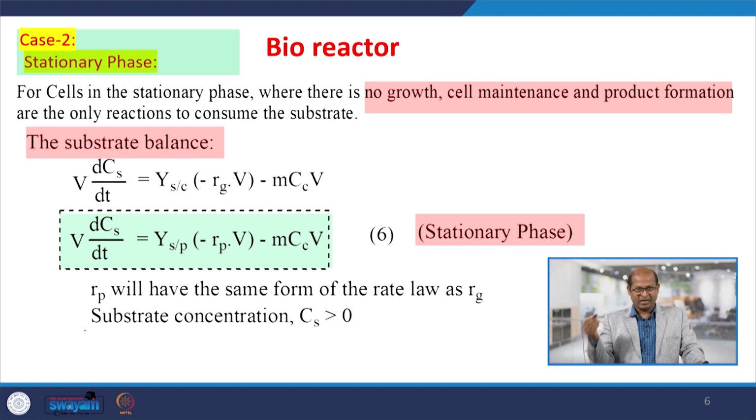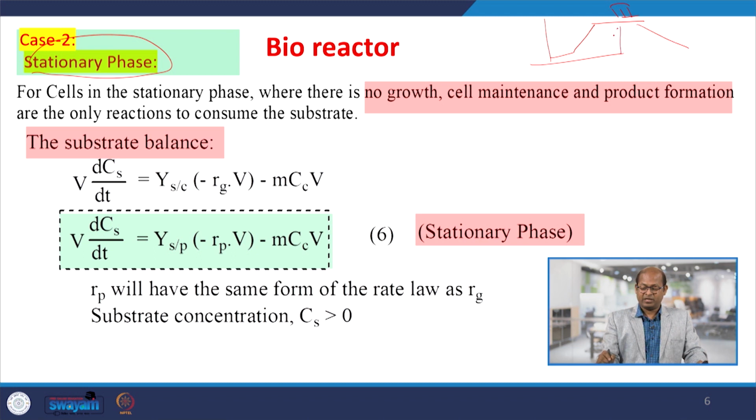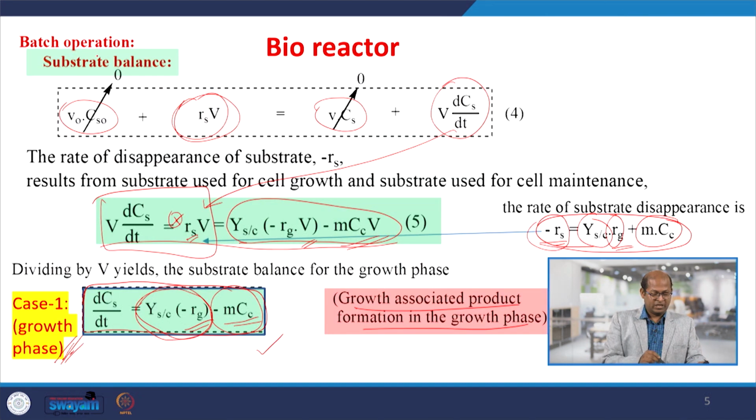So, there is the third phase, that is the stationary phase. In this stationary phase, only product formation is there. So, the substrate consumption, whatever that would come, is due to the cell maintenance and product formations. So, here the substrate balance we can write in this particular case, this is case 2, means substrate balance we